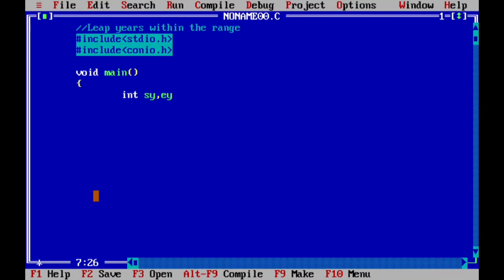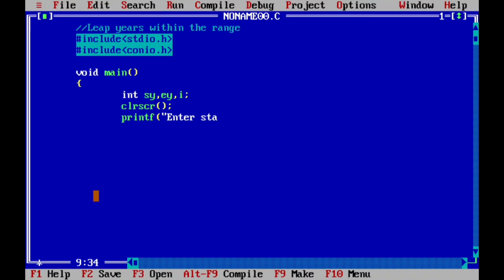After checking 2010, we have to go for 2011, next 2012, next 2013, like that. Incrementation. For that incrementation, I want to use another variable, suppose i. Okay. Next, clear screen function. Then printf. Enter a message to the user: enter the range, or enter starting and ending years.